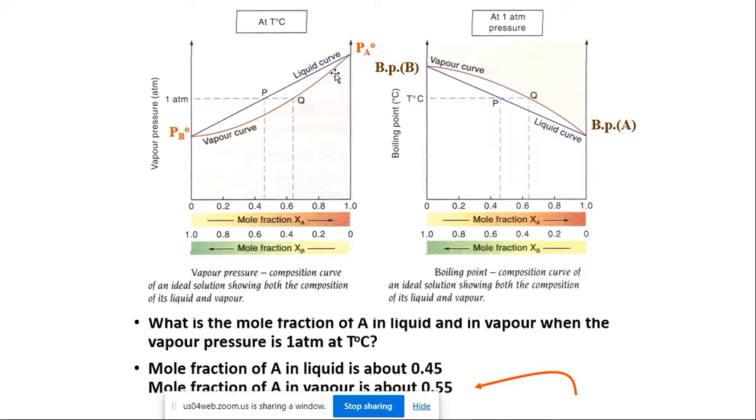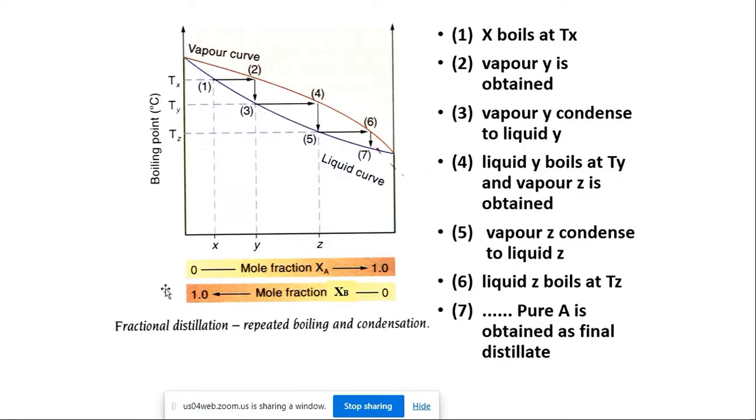Right. Again, this is one phase diagram curve. This is the vapor curve and this is the liquid curve. In between you have liquid plus vapor. So you can identify how it changes. This is negative and this is positive and this is negative. Likewise, you can identify. So in a phase diagram with negative and positive deviation from Raoult's law, here you can see fractional distillation,